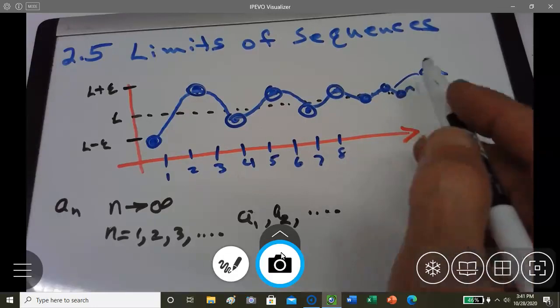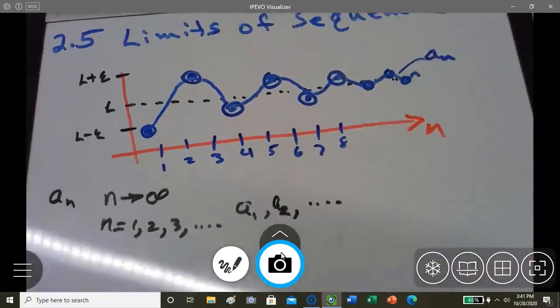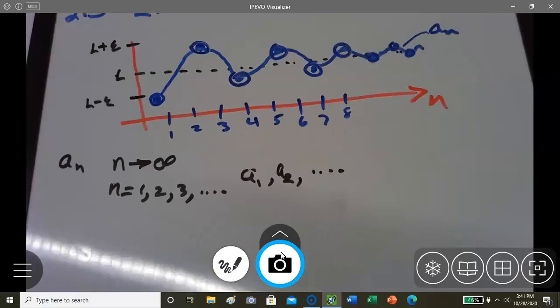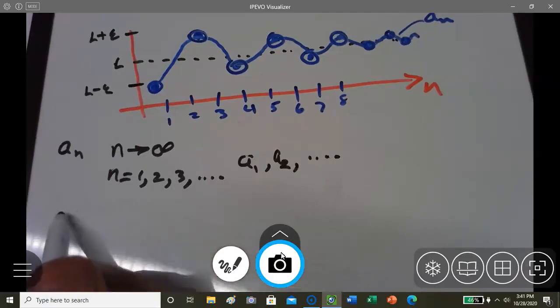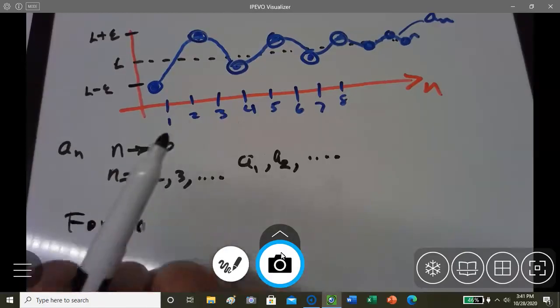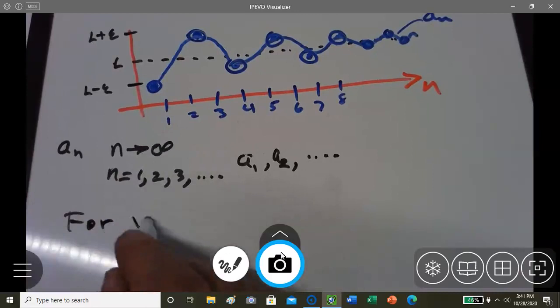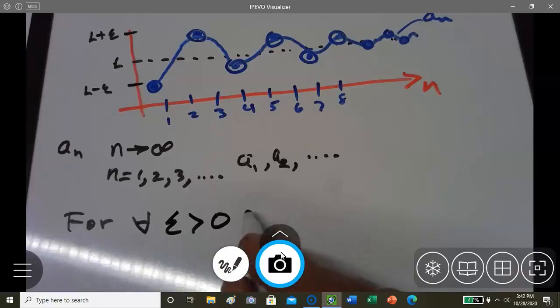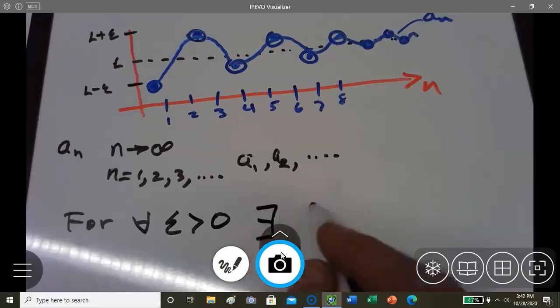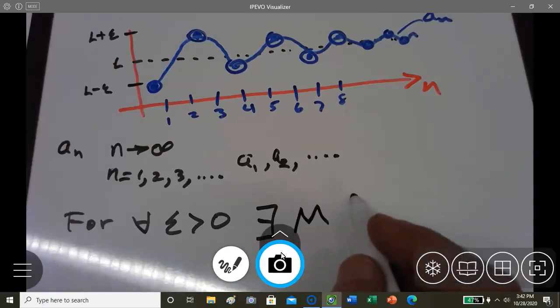So what we're saying here is that for any epsilon, or all epsilon, either way, for all epsilon greater than 0, there exists an m, we'll call this m, greater than 0,